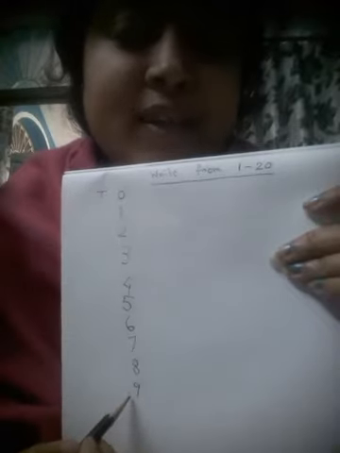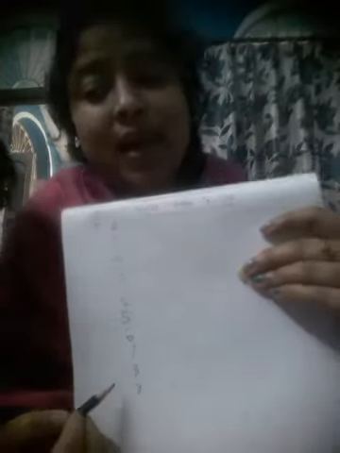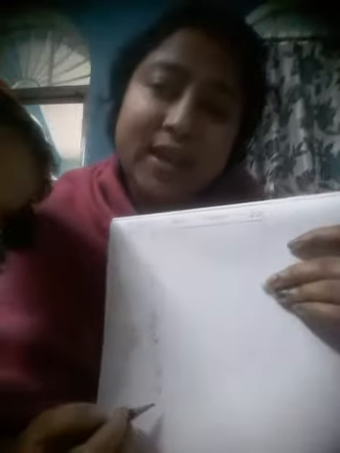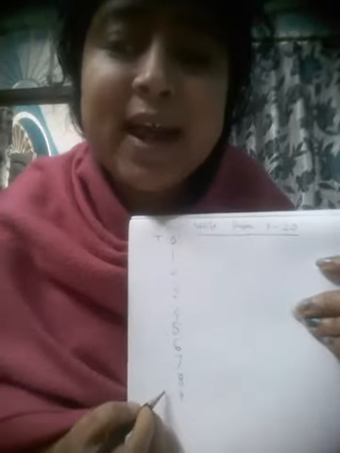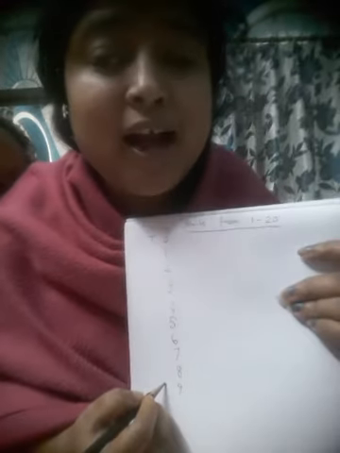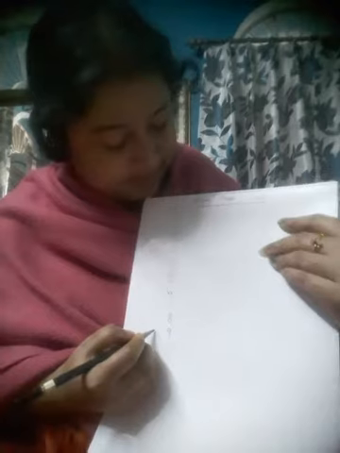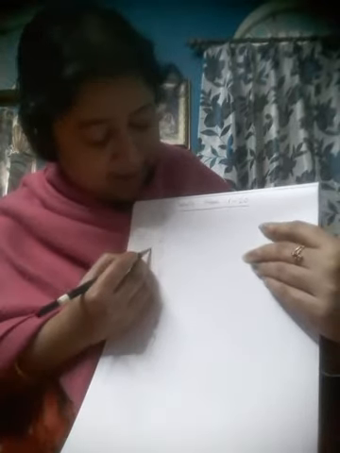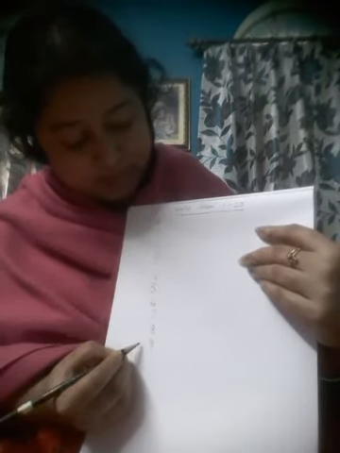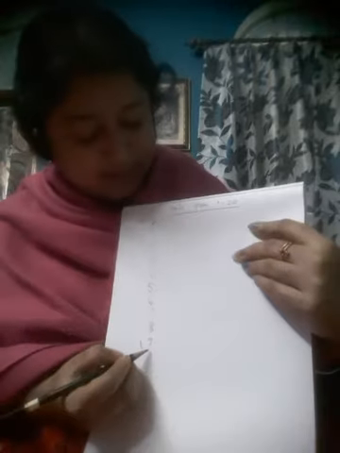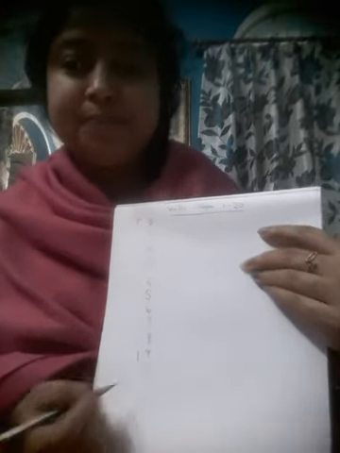And what comes after 9? What do you say after 9? Yes, you say 1 0, 10. So 1 is the left hand side number, and as the term tens, 1 should be placed in the tens place, and 0 should be placed in the ones place.